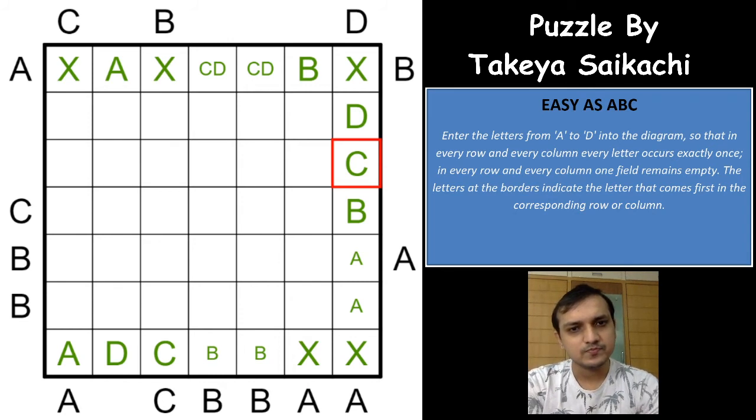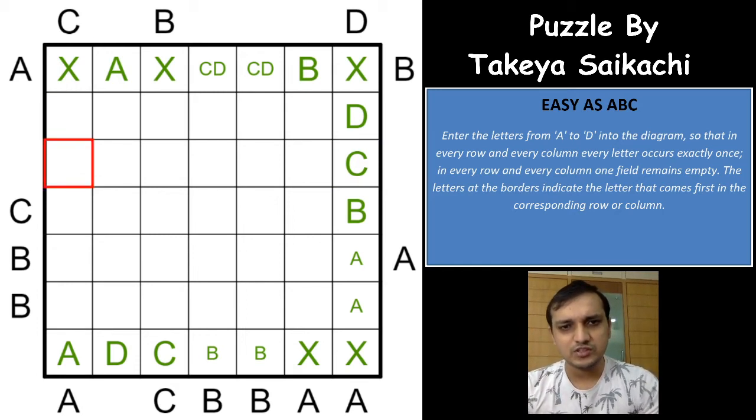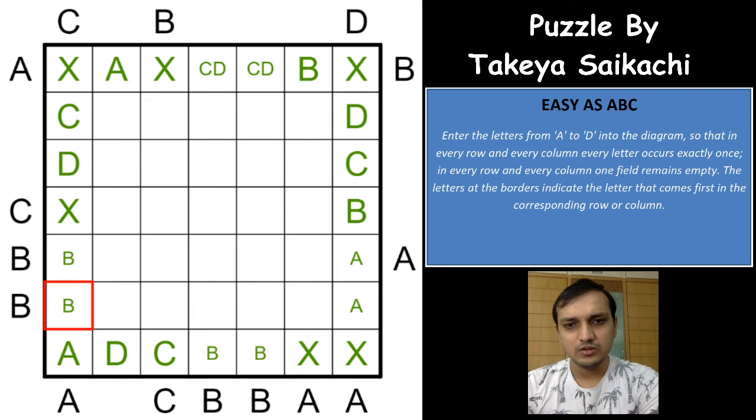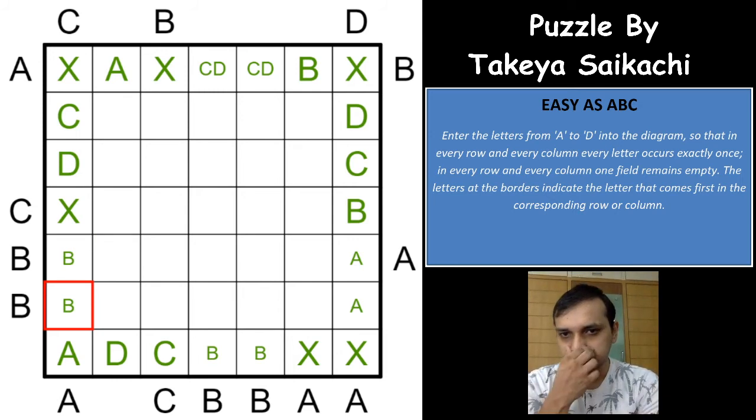So as you know, where can a D be placed in this column? A D cannot be placed in one of these three cells. A D cannot be placed here as well because a C has to be the first cell, or you can see it the other way, D is already placed here, which means D has to be placed here. And before that D, there has to be C seen, right? C is the first alphabet that has to be seen from the direction, and of course it has to be before the D, which means there is only one place here, and this is a C, which means a C cannot be placed here now because C is already placed here, and B has to be in one of these two cells, right? Superb. Okay.